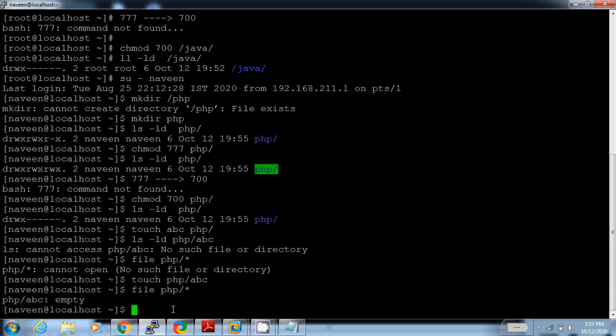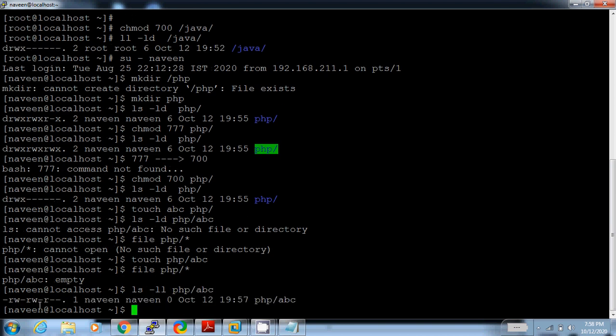Yeah, file is created. Now check the permission of file. php abc. Now file permission is rw-, it means 6, rw-, it means 6, and r--, it means 4. The default permission for file is 664.